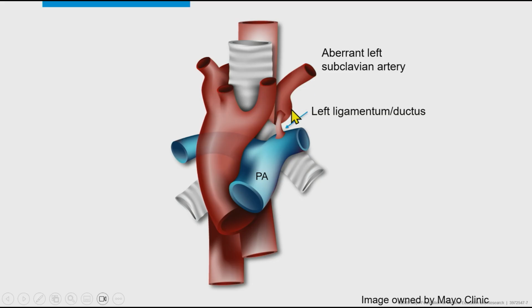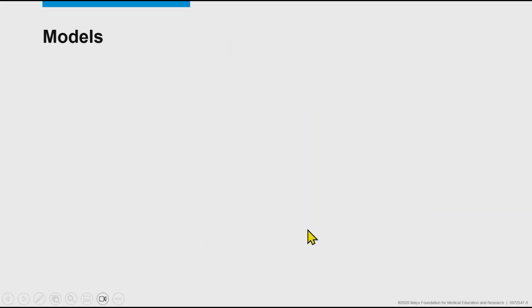This diverticulum of Kommerell is really just the dilated proximal portion of the left subclavian artery, or the dorsal aorta on the left side, that persists. Before the baby is born, in utero, all the cardiac output is going through the pulmonary artery, across the ductus arteriosus, through this diverticulum of Kommerell, down the descending aorta. That's the reason why this vessel is so big as compared to the rest of the subclavian artery. So that's the origin of the diverticulum of Kommerell.